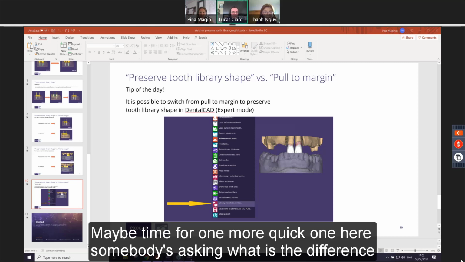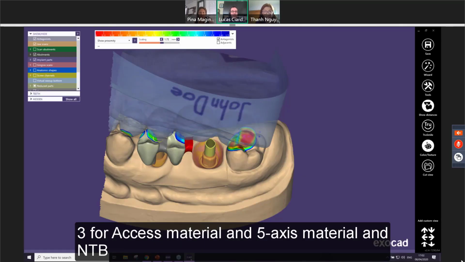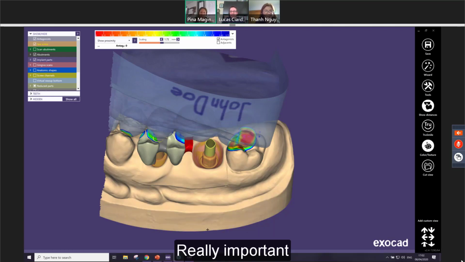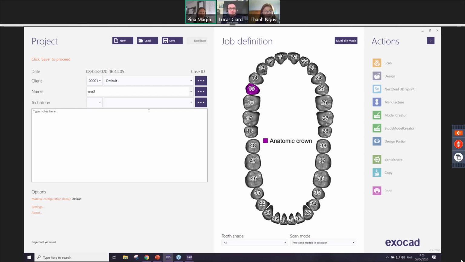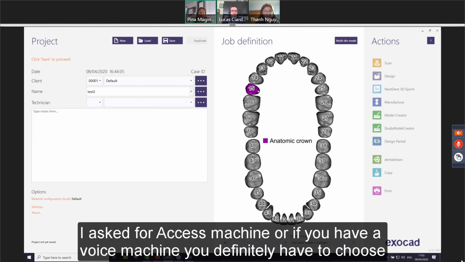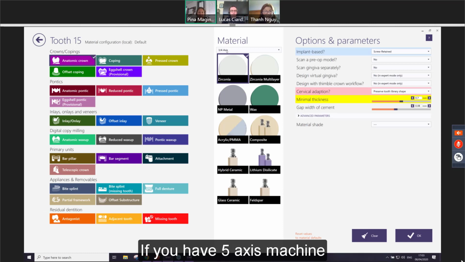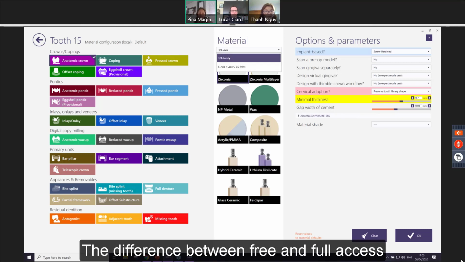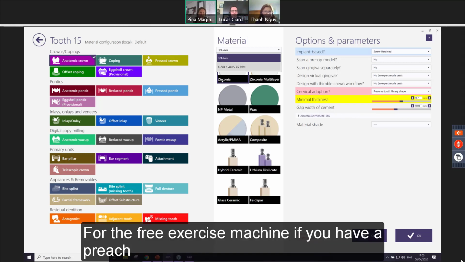Looks like maybe time for one more quick one here. Somebody's asking, what is the difference between 3-4 axis material and 5-axis material in DB? Why should we choose a different axis setting? Okay, really important setting which you have to set up. So if you have a 4-axis machine, you definitely have to choose 4-axis. If you have a 5-axis machine, you can choose here 5-axis laser or 3D printing. The difference between 3 and 4-axis is that for the 3-axis machine, if you have a bridge, for an example,